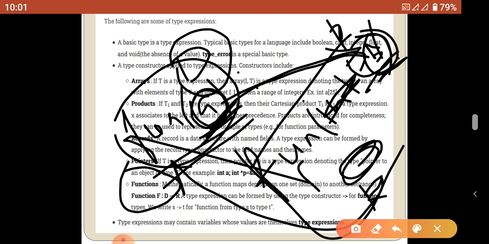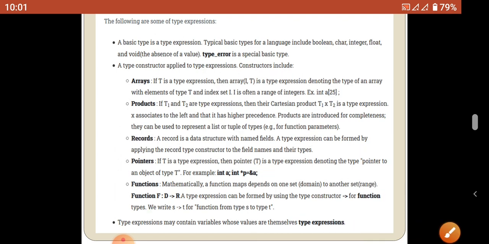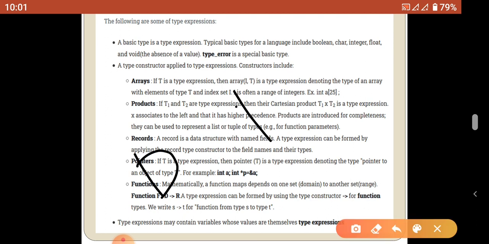After receiving the value from the calling function, the called function performs all the operations up to the close curly brace. Before the close curly brace, the function may return a value. That return value may be considered as the range. So the type of the function is considered as domain to range. That means D to R.